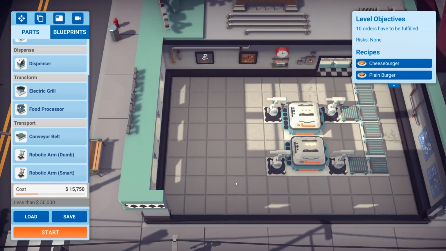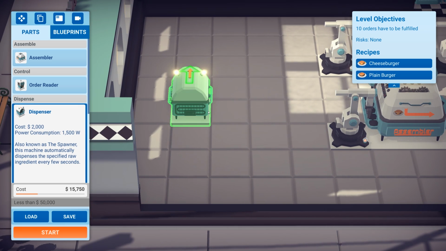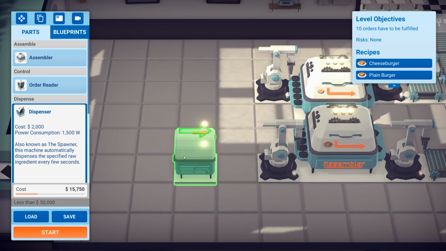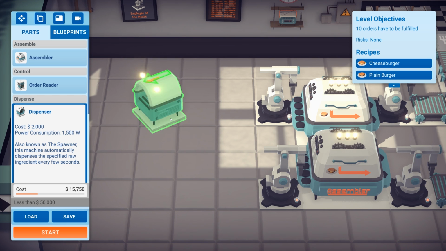I don't know. So what we need next, we need to go ahead and get our dispensers ready. So I think we're going to need 4, unless I can find a way to get the buns and the patties to run to both. Which I might be able to do that, actually, once I think about it. So, up here at the top of the line, this is going to be our...